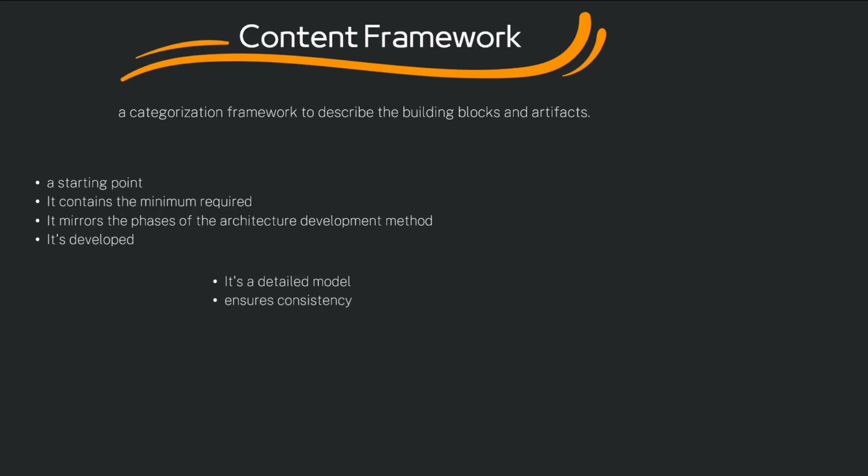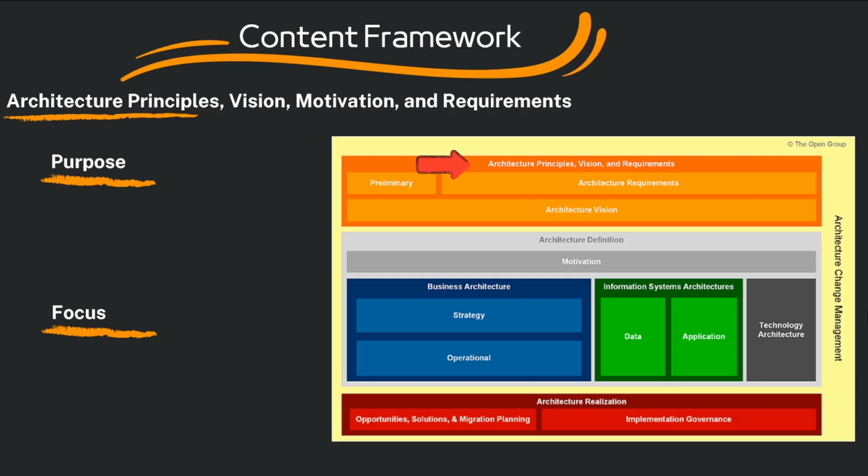It ensures consistency in the outputs when following the architecture development method, the ADM. It is also a comprehensive checklist of architecture outputs that can be created. It reduces the risk of gaps within the final architecture deliverable set. And the content framework mandates standard architecture concepts, terms, and deliverables. The architecture content framework is part of the enterprise-specific architecture framework. It consists of several parts: